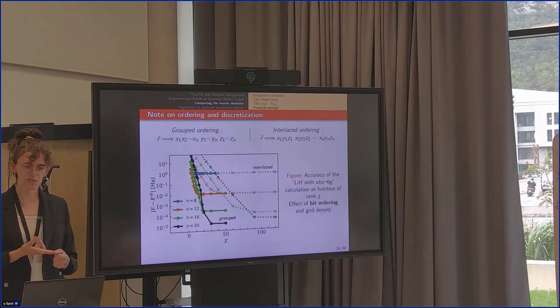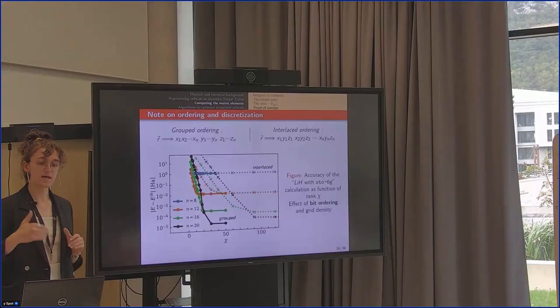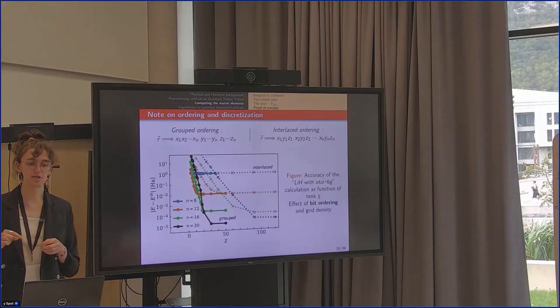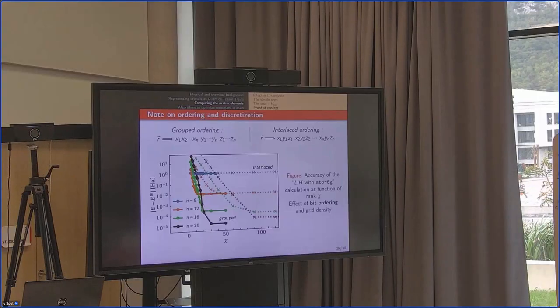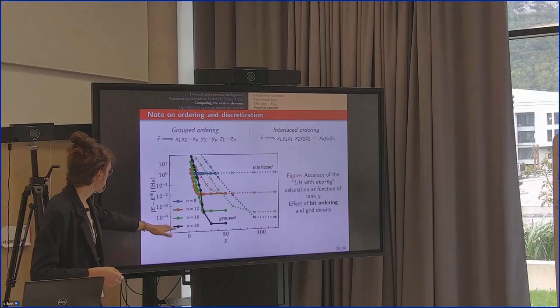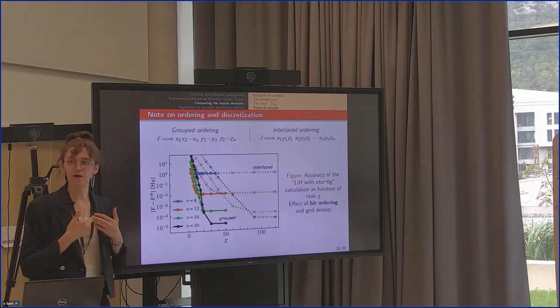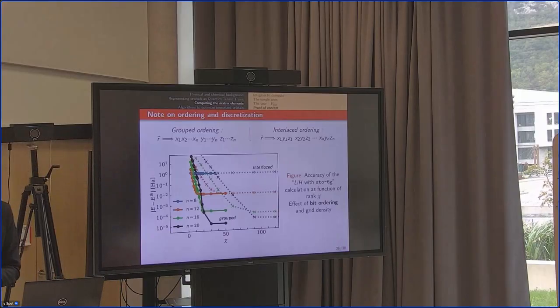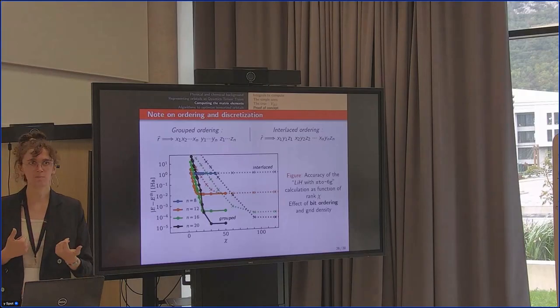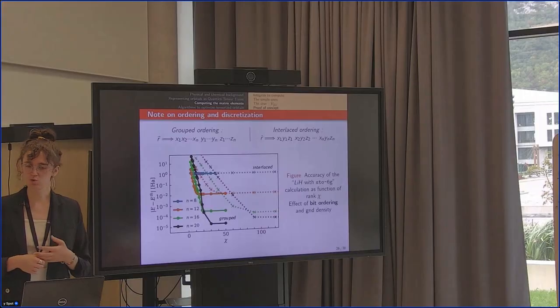And the second thing we see is that we can increase the accuracy simply by increasing the number of discretization steps. And here we see for n equals 20 that we get 10 to the minus 5 accuracy on the final energy, which is completely satisfactory. In practice, on other molecules, we don't get 10 to the minus 5 accuracy, but n equals 20 will be the standard that we are going to use in all the rest of the talk.